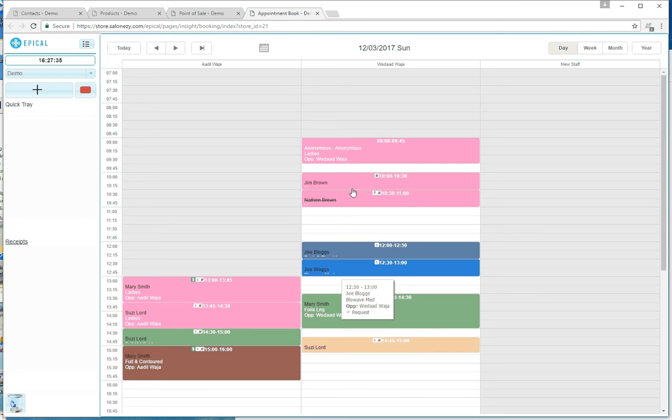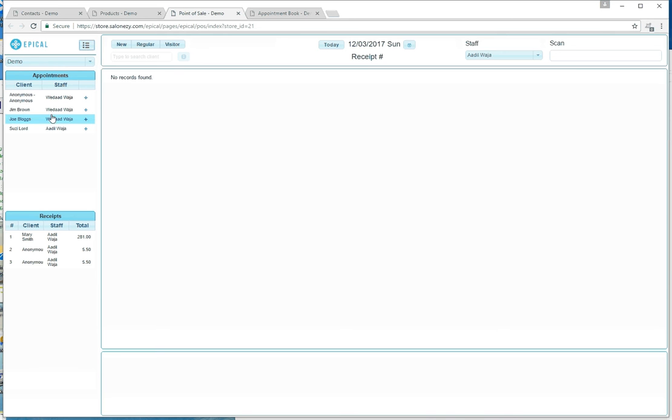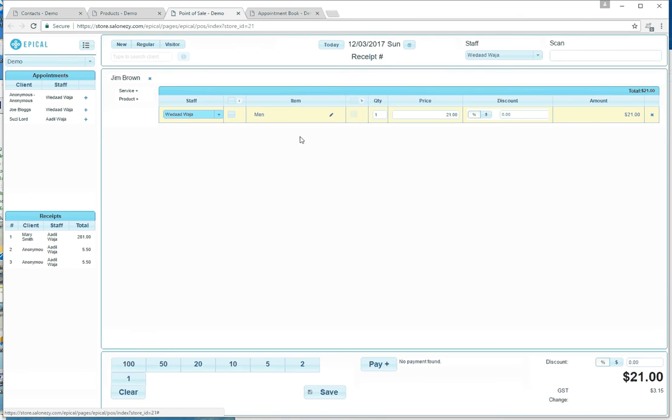So when you're checking out, you could right click and go check out. But that's normally how you do it. But you could also check out clients that are in the appointment book because they appear on the left. So you could select them this way by clicking on the actual client. If I click on the plus sign, it'll bring the client over to the center part with the actual